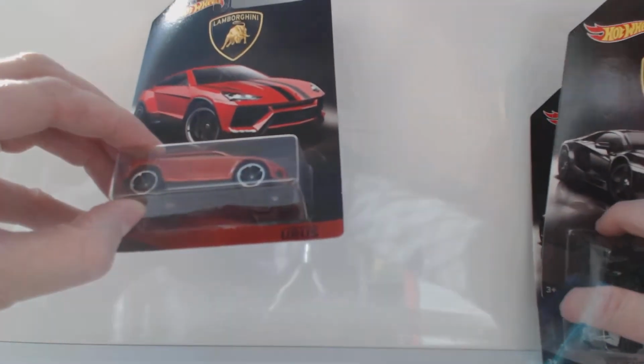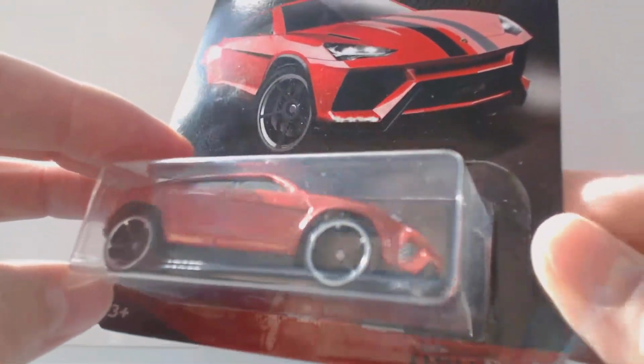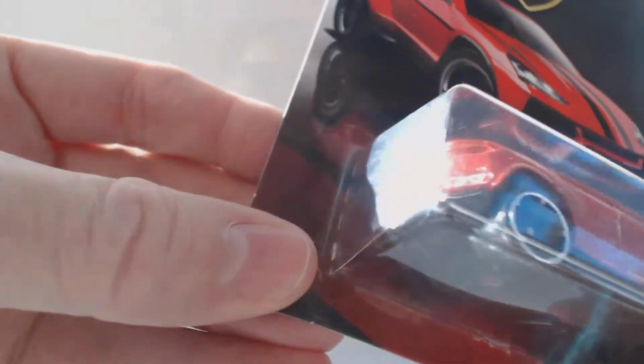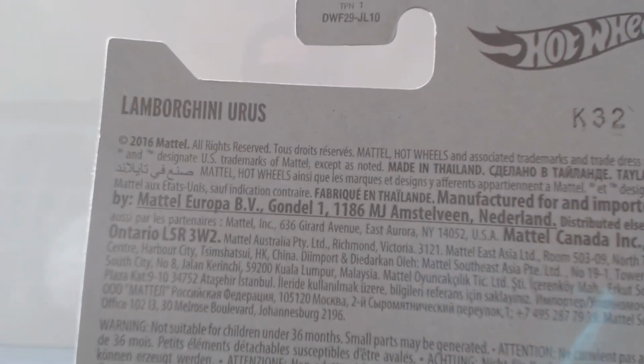Now this is the new Lamborghini Urus. Now this car in real life has only just been launched. I believe, well, actually I might be completely wrong here, I think it's a 4-litre V8 or V10. I'm not sure actually. I should have done a bit of research really, but I'm sure somebody can tell me what it is. So it's the Lamborghini Urus, and it's not their first